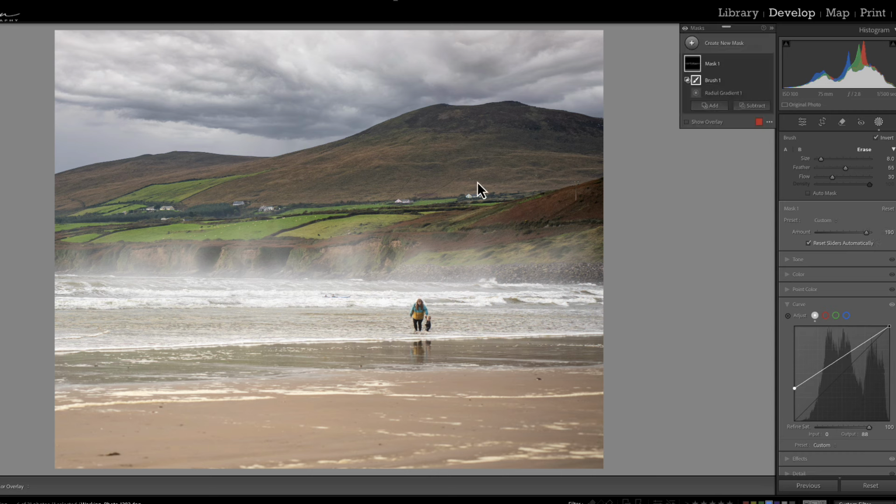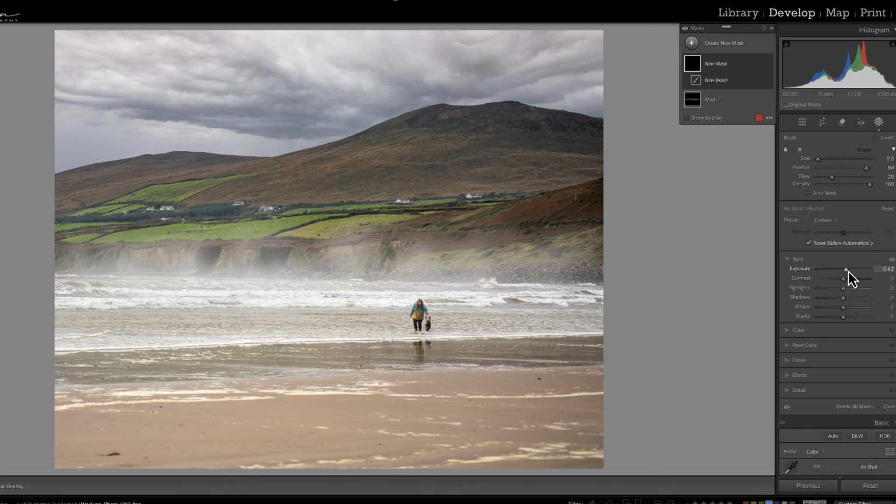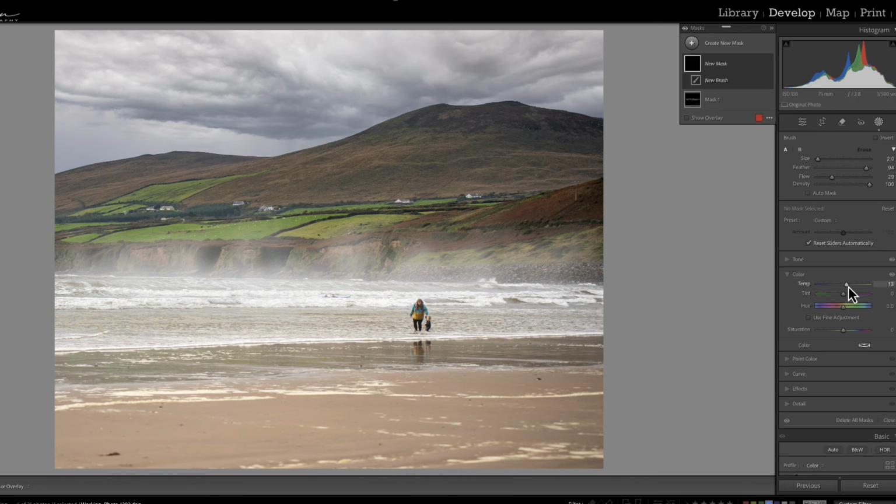All right, now let's add a little light on the hills here. So we are going to go to our brush, a new brush, and we're going to have the flow at about 29% and 94% on the feather. And we're going to go to our tone, and we're just going to increase it just a little bit and maybe add just a little gold color to it. And we want to hit those areas that the sun is coming in,